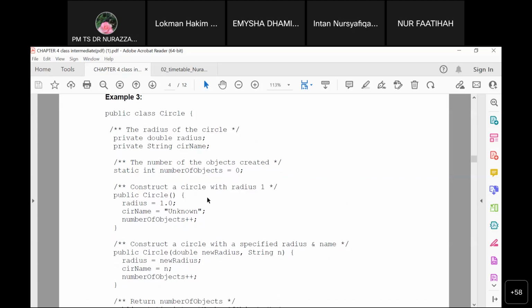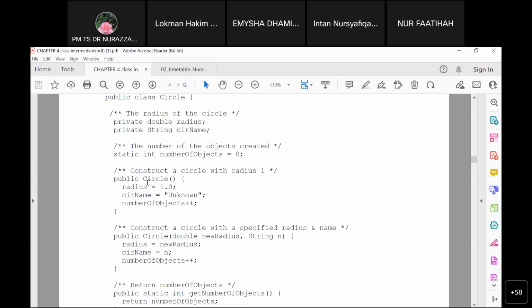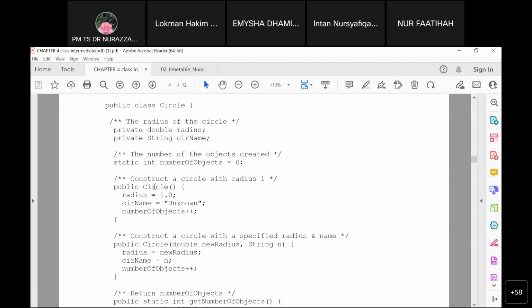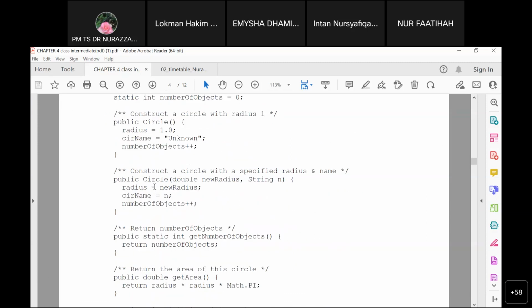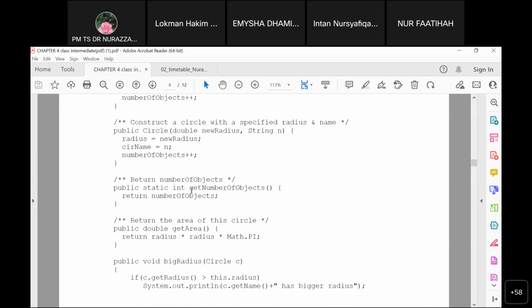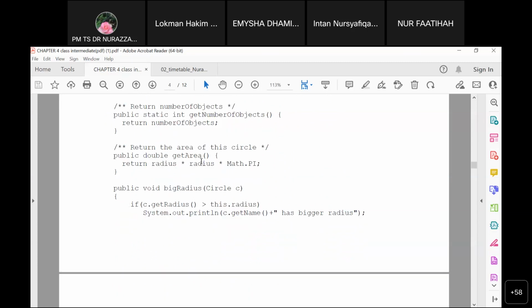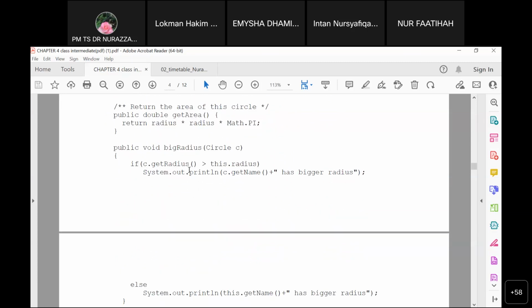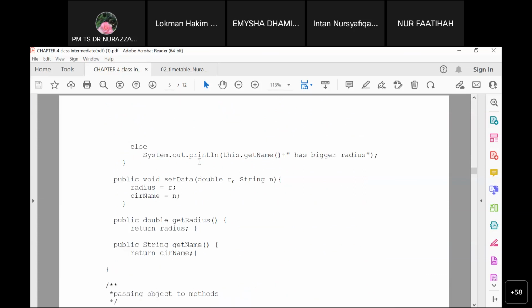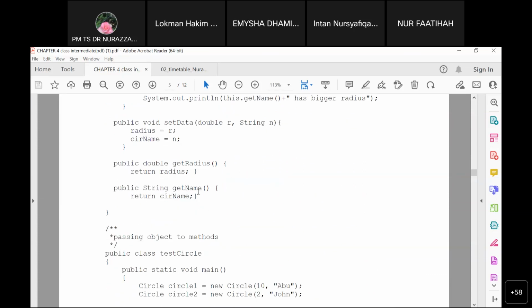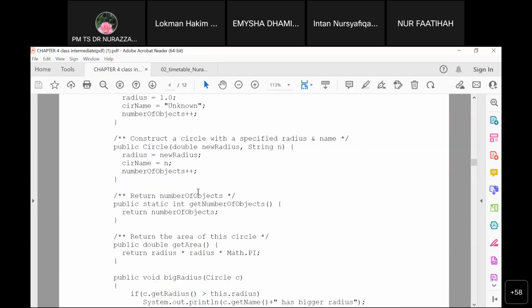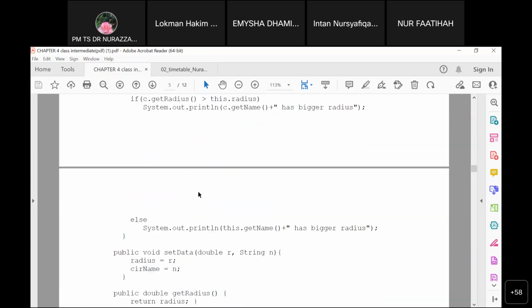Okay, and then it has the constructor, and this is to get the number of objects, return get area, this is to calculate the radius, set data, get radius, get name. Okay, that is the class, class Circle. Okay, and then we have